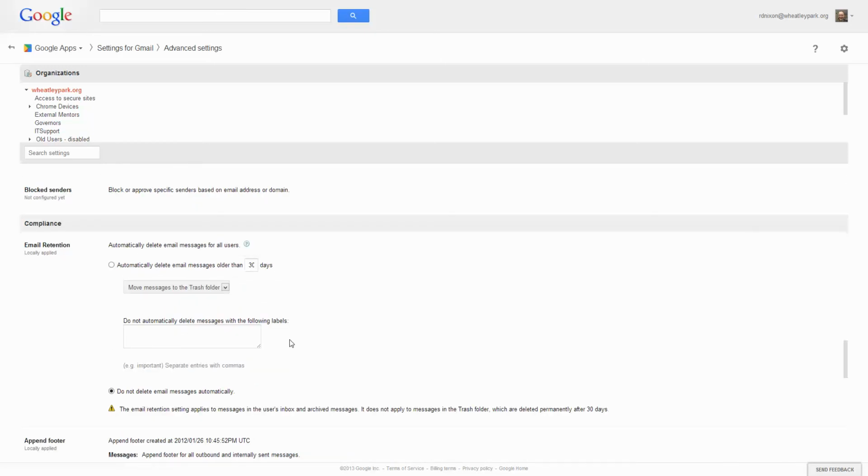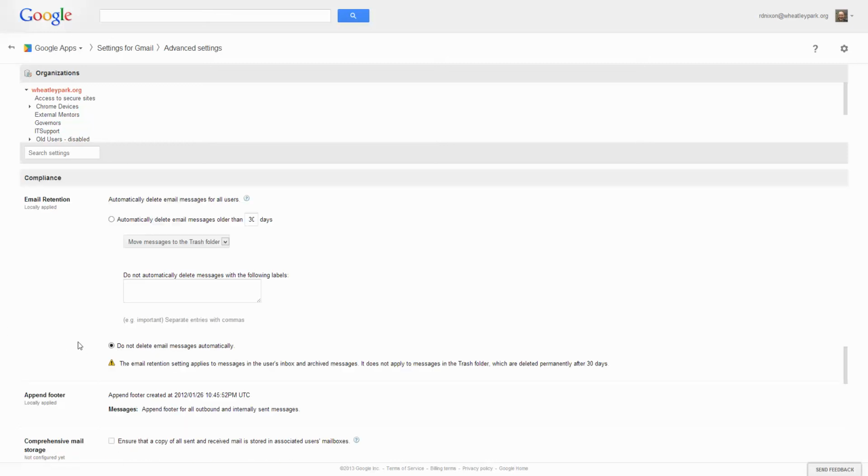The one I just want to mention more than any other really is compliance, because compliance is really quite powerful. Email retention is fairly straightforward. You can automatically clear people's inboxes out if you want to. I wouldn't do this globally. I'd have do not delete email messages automatically. People might get upset if you change this, but for certain types of users that might be a useful thing to do, to set it on a certain particular